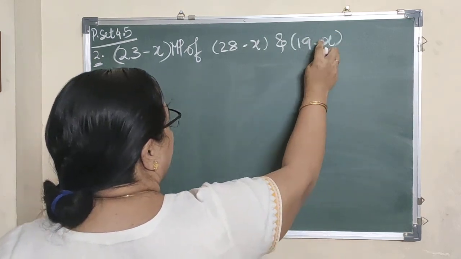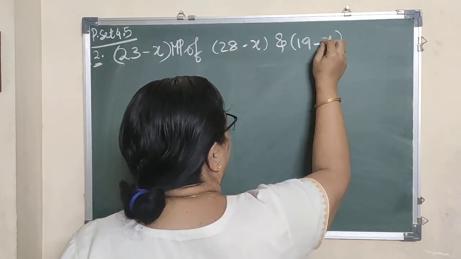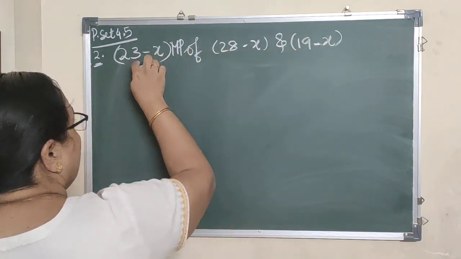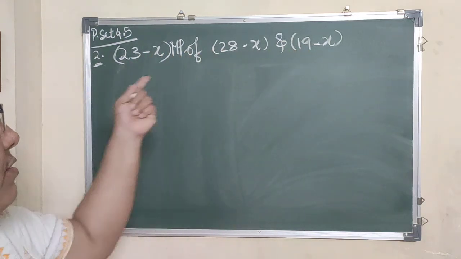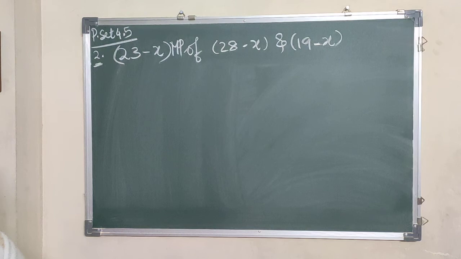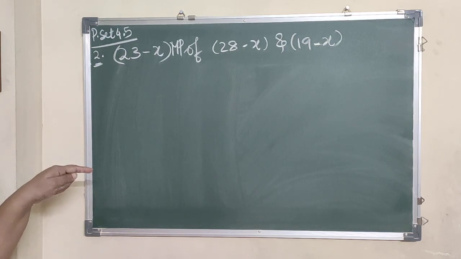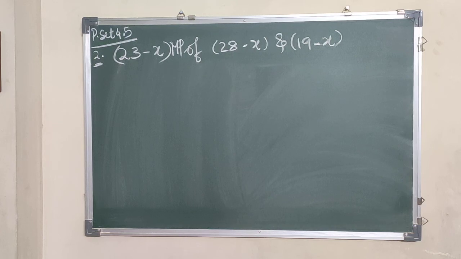See what has happened here. Here one x is being subtracted from each number, and that is how you obtain this resulting number. Okay, so this concept we'll be using in the first sum later. That is why I took up this sum first, so that you understand how a number is being subtracted from a given number. Okay, so since it is a mean proportional, let us go back to the theory part.